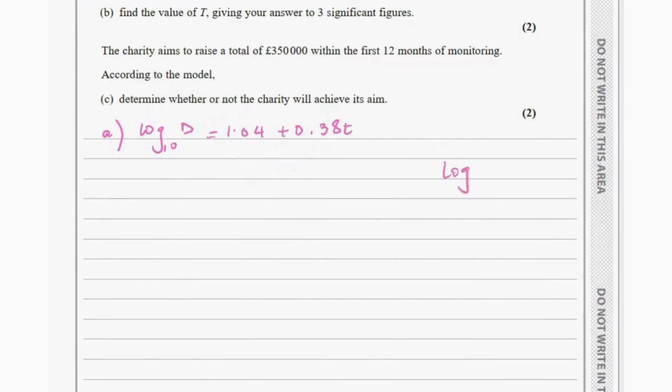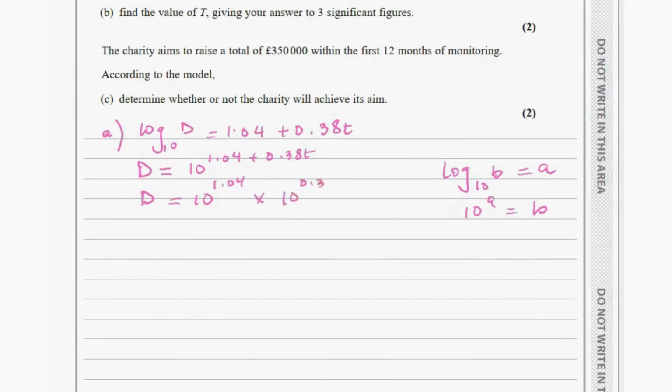We know that if log base 10 of b equals a, then this becomes 10 to the power of a equals b. So keeping this rule in mind, we're going to rewrite this as d equals 10 to the power of 1.04 plus 0.38t. This is all in the power. So now when you split it, it's going to be 10 to the power of 1.04 times 10 to the